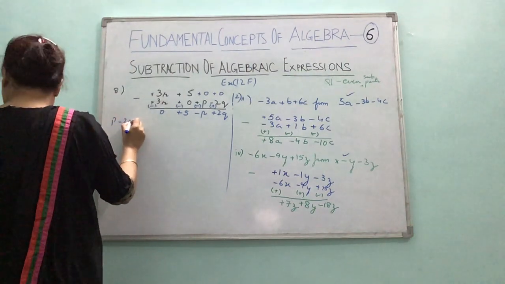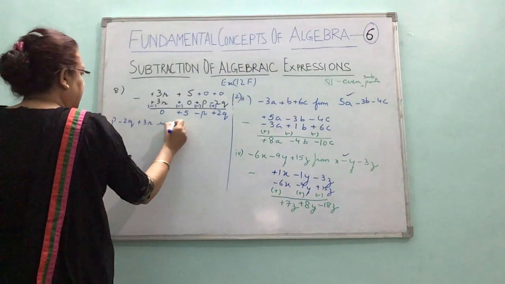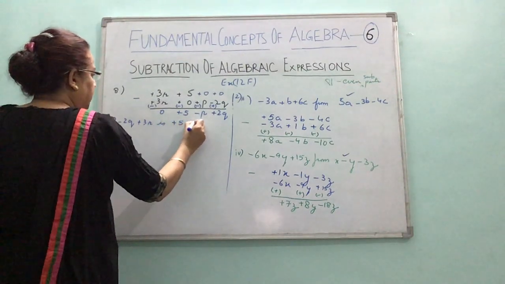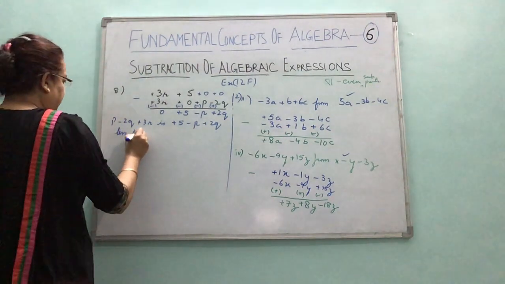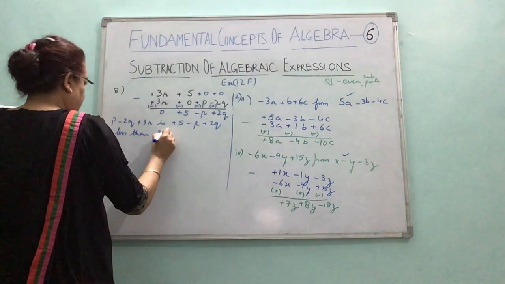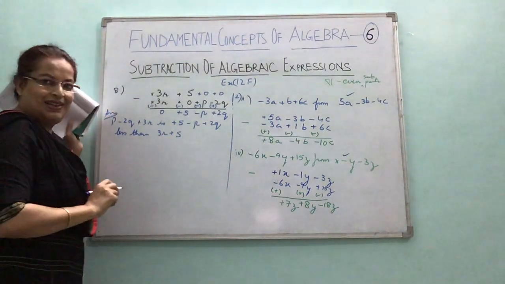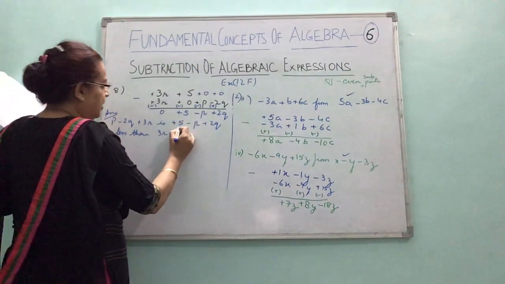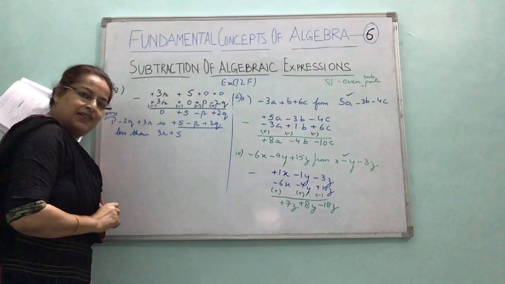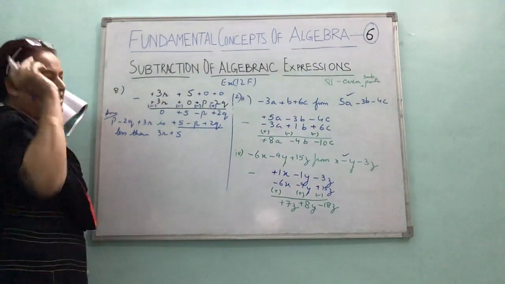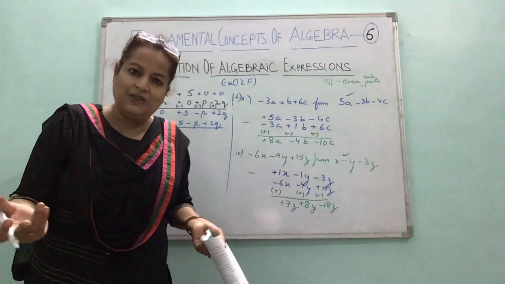P minus 2pq plus 3r is 5 plus p plus 2q less than 3r plus 5. This would be your answer statement, right? What is to be, how much it is less? It is this much less than the second expression. We have to just decide which is the bigger expression by the language, and from the bigger subtract the smaller.